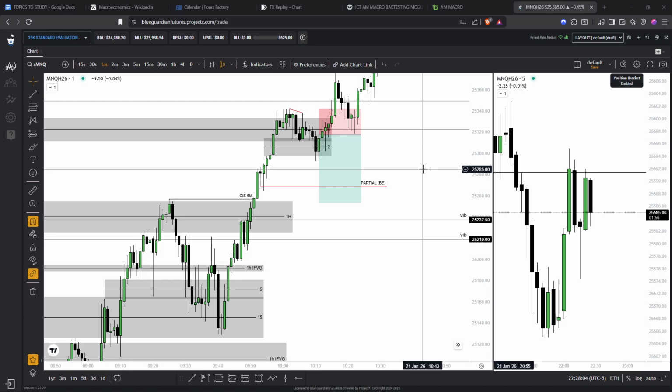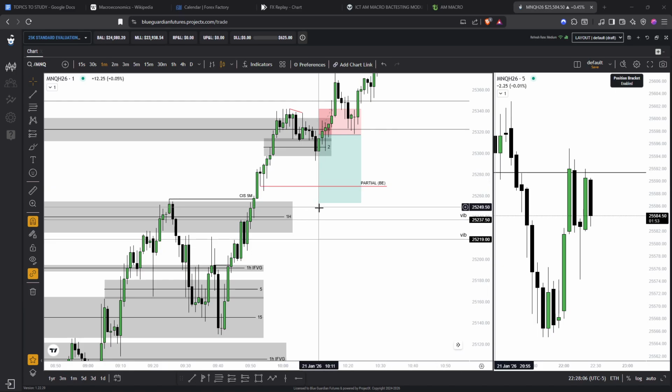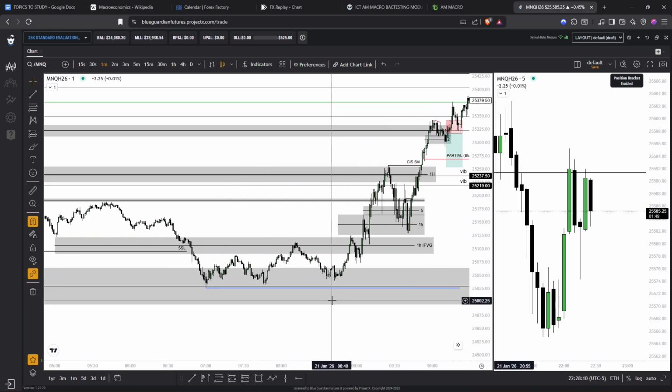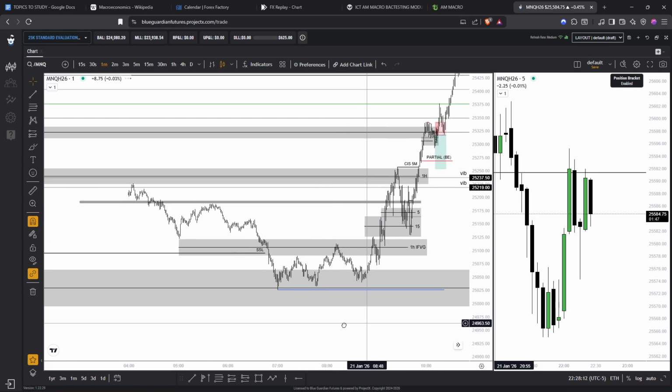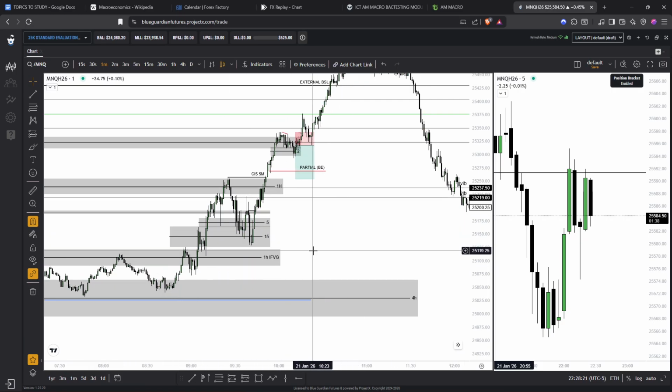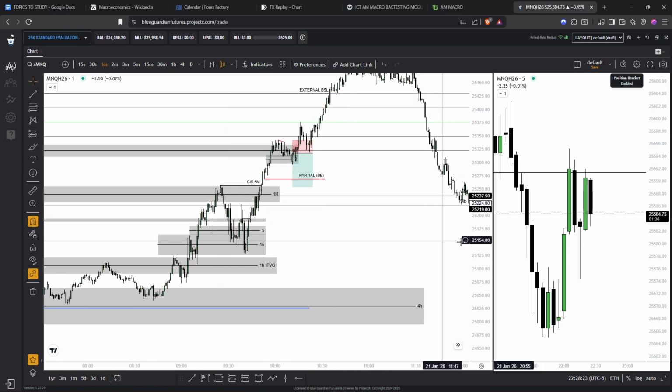Today we are going to be doing the trade recap for the trade I took yesterday, 21st January. Quickly, overall, we had news, a Trump speech, and overall we were pretty bullish. The outcome of the news was at 8:50, 8 a.m., something like that. The market started rallying up, and it eventually came to the 1 hour FVG.